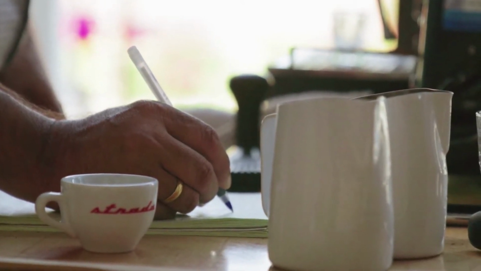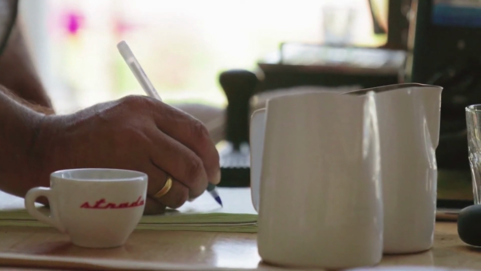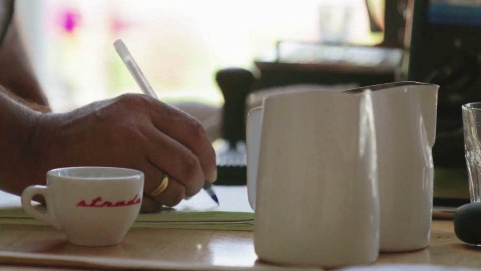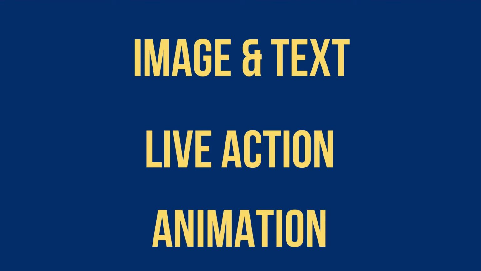Once this is done, you are ready for media creation. There are many options available, depending on your budget, of course. You could use images and text, or image, text, and voiceover. You could film the scenes using a camcorder or smartphone. A big budget means you can use actors. Not so big budget means you can use Gary from accounting. Or you could create animated scenes using a rapid animation tool.